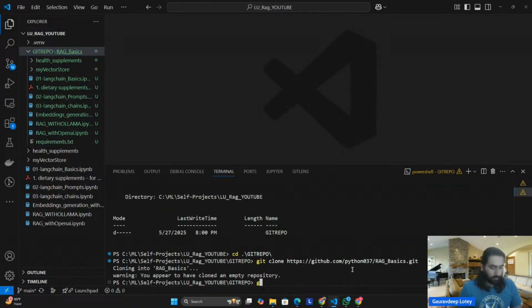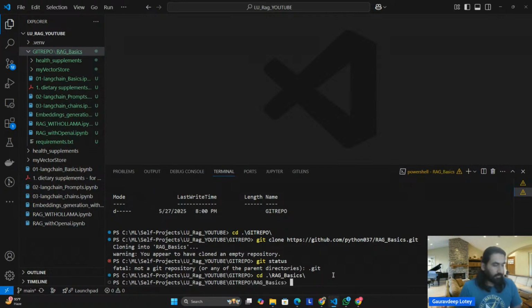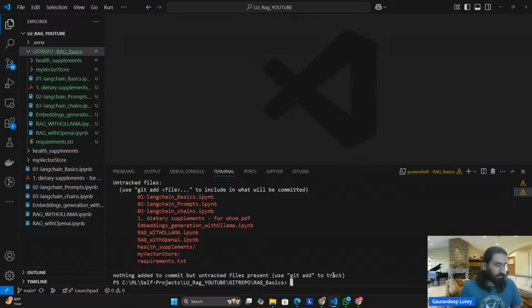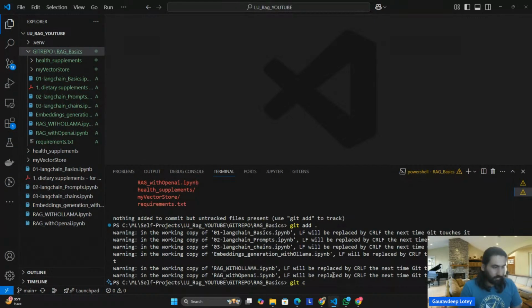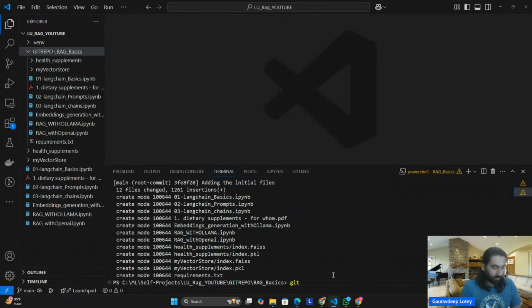And now if I do git status, not over here, cd rag basics, git status, git add everything, git commit -m adding the initial files, git push,